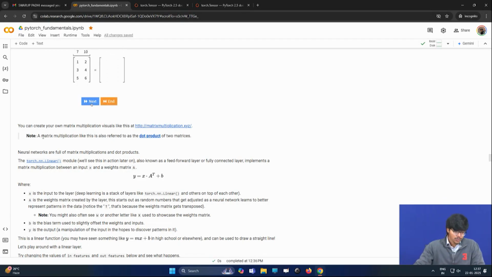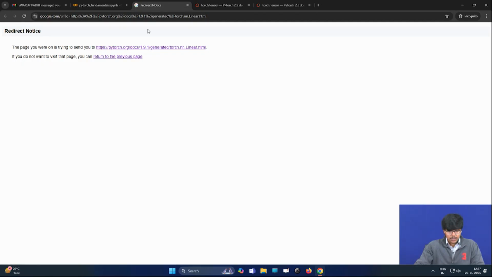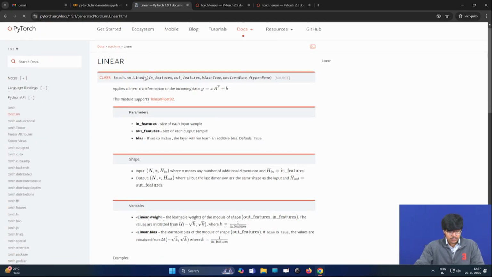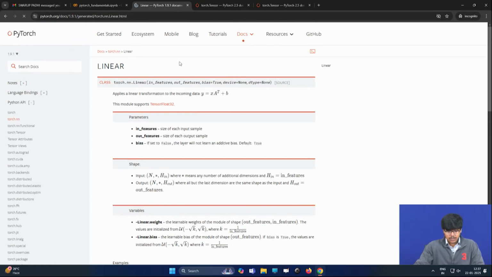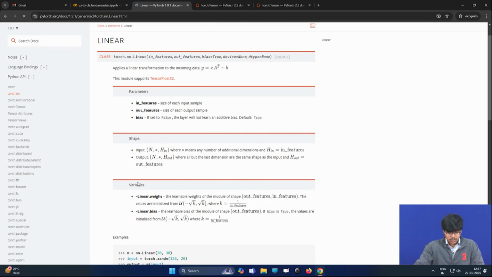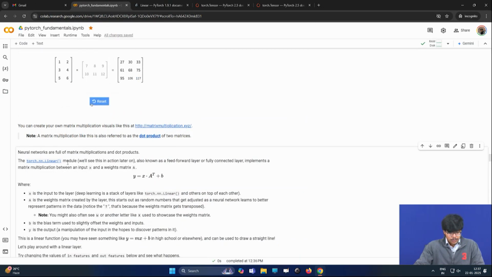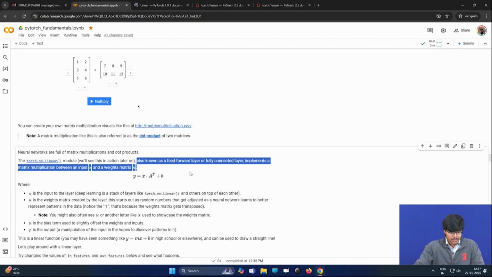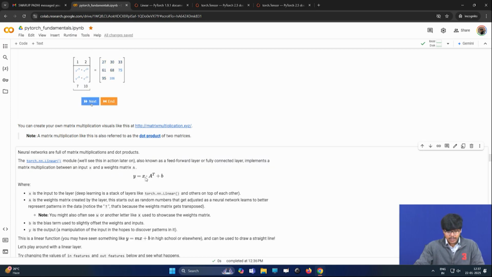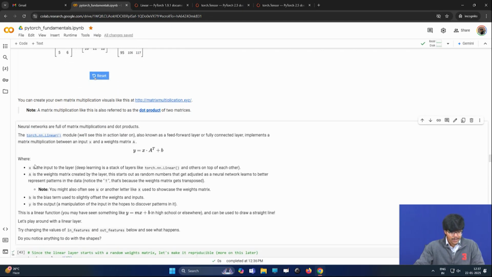Now, coming to neural networks, they are full of matrix multiplications and dot products. Torch.nn.Linear, if we go to the docs, you will see very good documentation as to what this is, what the parameters are, what the shapes are, what variables are required, and a small example. The module is also known as a feed-forward or fully connected layer. It implements a matrix multiplication between an input x and the weights matrix A. So, it is basically y equals x dot A transpose plus b, where x is the input to the layer